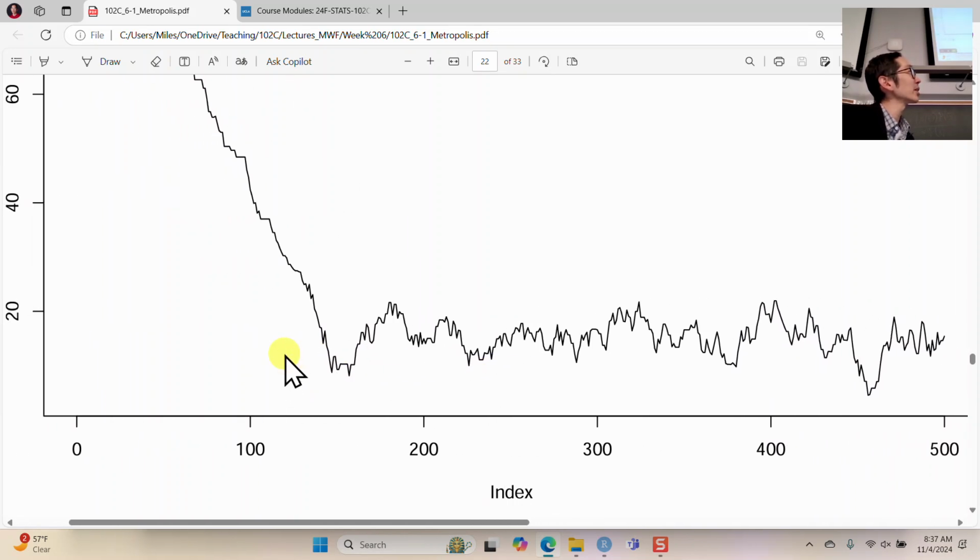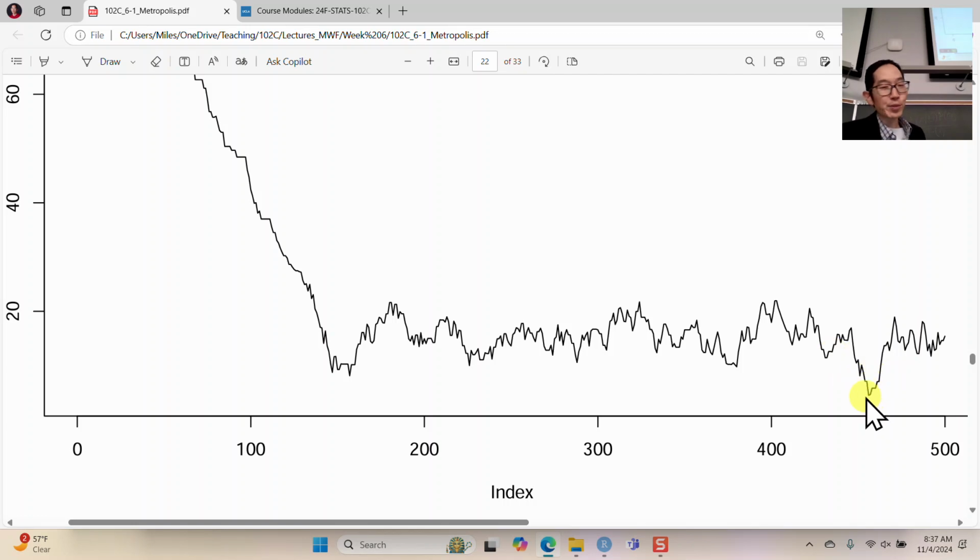Remember, our target distribution is centered at 15, and 95% of our values are between 9 and 21. When we get to that zone of around 9 to 21, we start going back and forth. We're at 15 and we propose 17. Should we go there? Sometimes we go there. We're at 17 and we propose 16, so we go to 16. We propose 16.5, we go to 16.5. We're at 16.5 and propose 13. Sometimes we move there, so we go back and forth.